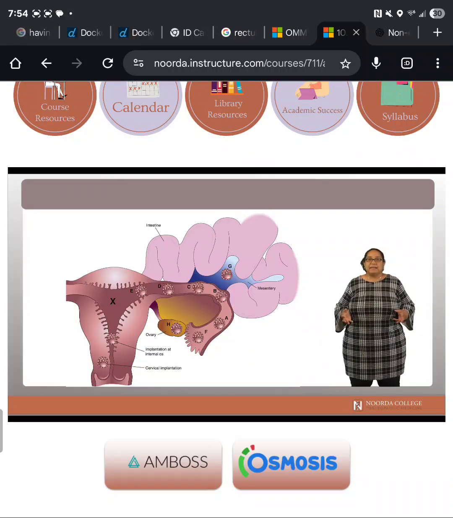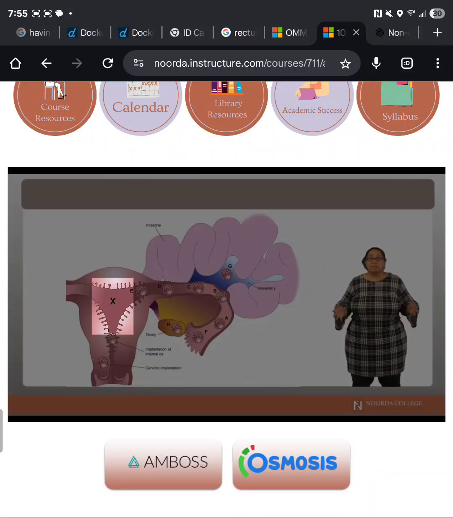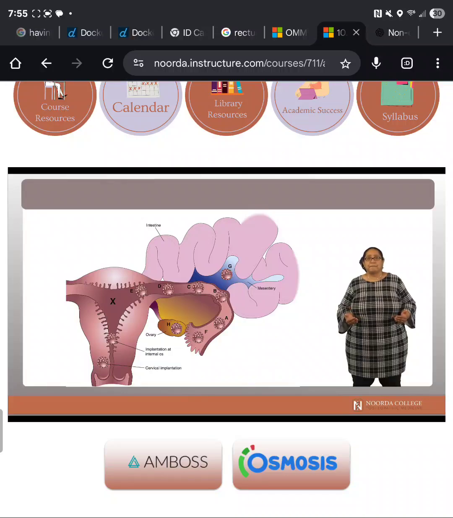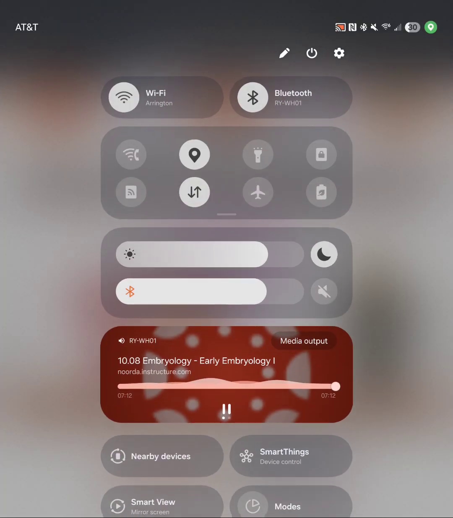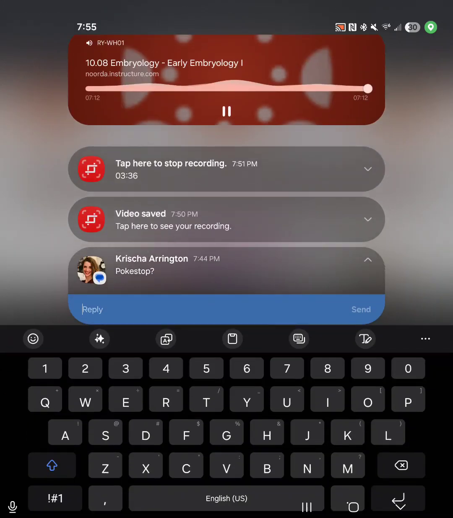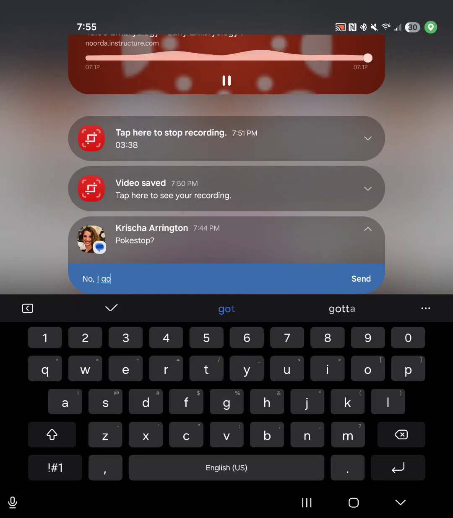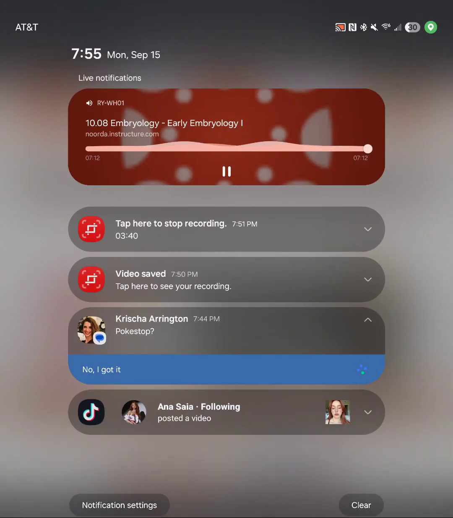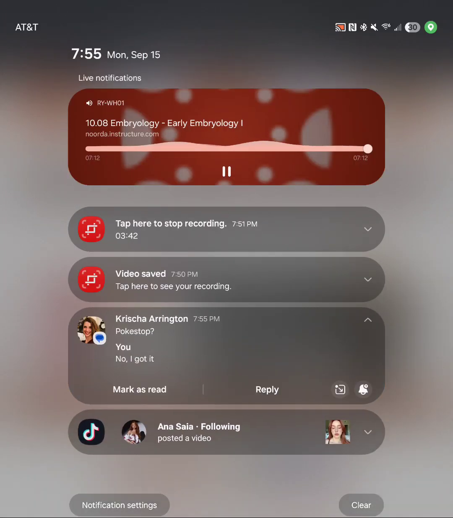Blastocysts typically implant into the body of the uterus, usually on the posterior wall, less often on the anterior wall, and they can sometimes be detected by ultrasound as early as the end of the second week. Now, in some cases, the blastocyst doesn't make it to the uterus and instead gets embedded in the uterine tube. This is known as an ectopic pregnancy, and it's usually associated with factors that impede the transportation of the blastocyst